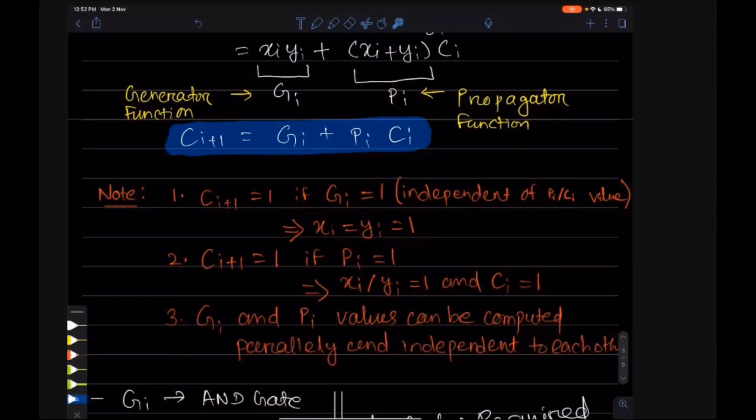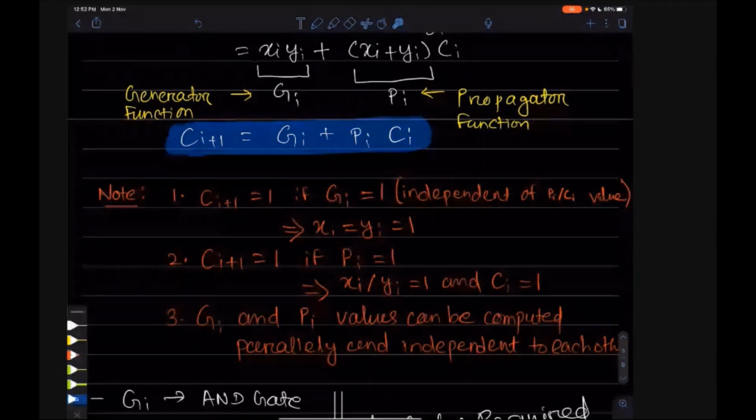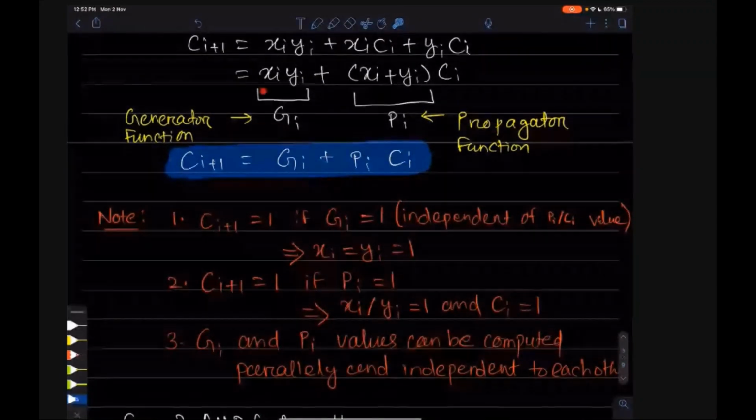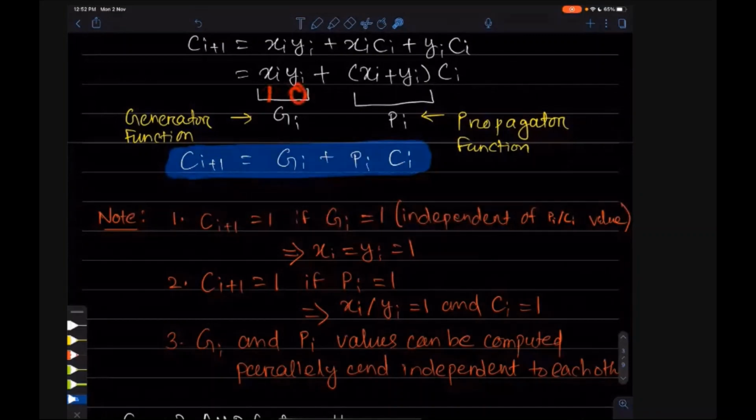But what if xi and yi values are not both 1? Then if any one of xi and yi is 1 and Ci is 1, then only Ci plus 1 will be 1. Let's suppose xi is 1 and yi is 0, or xi is 0 and yi is 1.